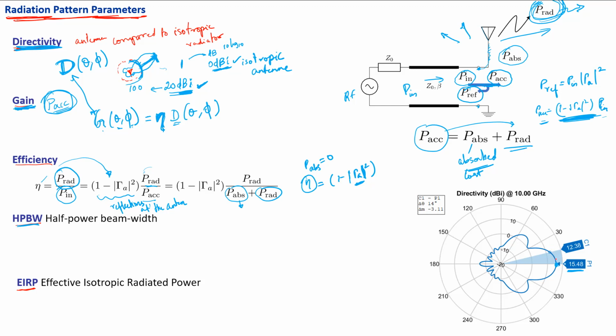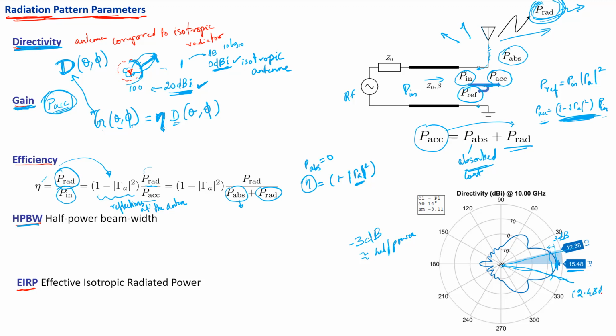If I were to take that directivity and go 3 dB down, so what's special about 3 dB? We know that minus 3 dB is half power. So we want to see for what angle this antenna receives half the power compared to the peak, and those angles are going to be these two angles where it receives half, which is 15.48 minus 3 dB,